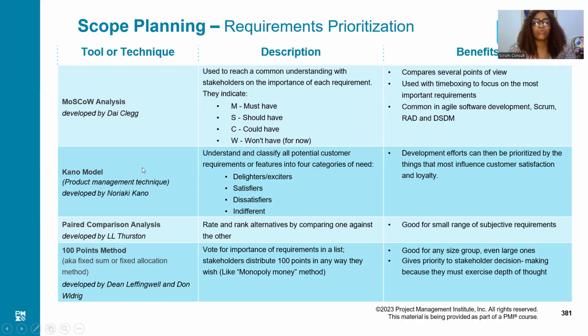We have the MoSCoW: must have, should have, could have, and would have. In a project, what are those features that you must have? The must have is directly proportional to quality. Without the must have, the project does not have any quality, and as such, it cannot even satisfy the customer. Okay? You have your should have, which is not as important as the must have. And you have your could have and the indifference.